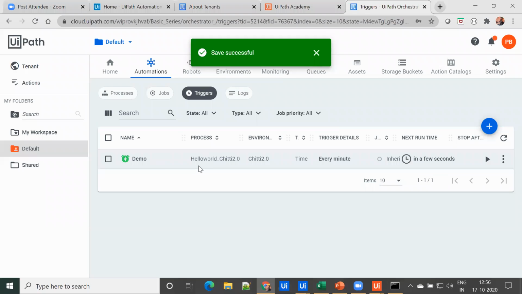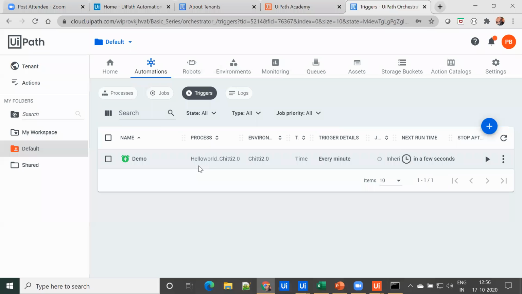You can create a trigger, and you can configure your process so that it will run at a specific time. So you don't need to go and manually run any process. So it will automatically trigger your execution. Okay. So if we click on start a job now, it will start right now, and otherwise it will start for every minute. Also, we can disable it if we don't want the trigger to be live.